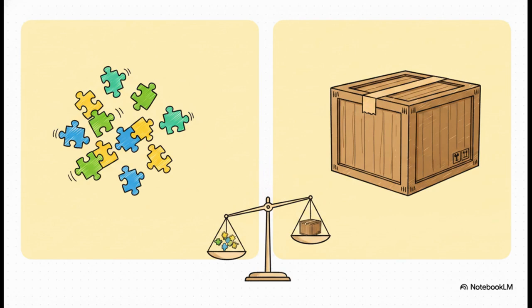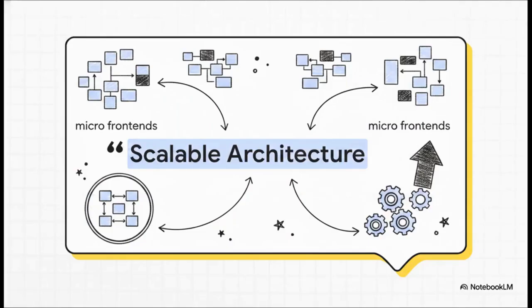On the flip side, monorepos keep all your code unified in a single repository. This approach vastly simplifies dependency management, makes code sharing across your projects an absolute breeze, and ensures unified versioning. But here's the thing. An expert doesn't just blindly pick whatever option is trending. They understand the profound trade-offs of both. They know exactly when an organization's scale demands the isolation of micro-frontends and when the tooling friction demands the centralized control of a monorepo. So mastering all these varying design patterns is fundamentally in service of one overarching goal: achieving